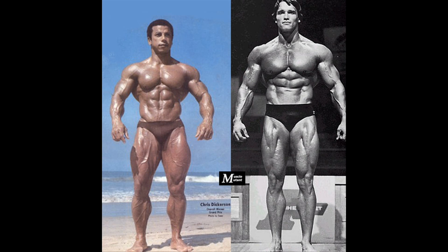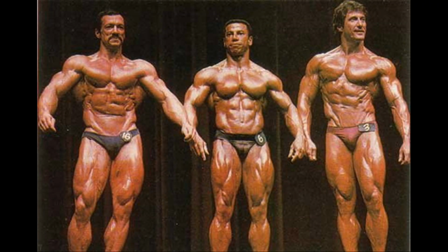Arnold versus Chris Dickerson, 7-time Mr. Olympia versus 1-time Mr. Olympia, one of the most impressive bodybuilders ever against one of the least impressive Mr. Olympia winners. Chris' pictures from the contests are very scarce, even at the 1982 Mr. Olympia, which he won. So I've selected random pictures to make a solid matchup, going through most of the mandatory